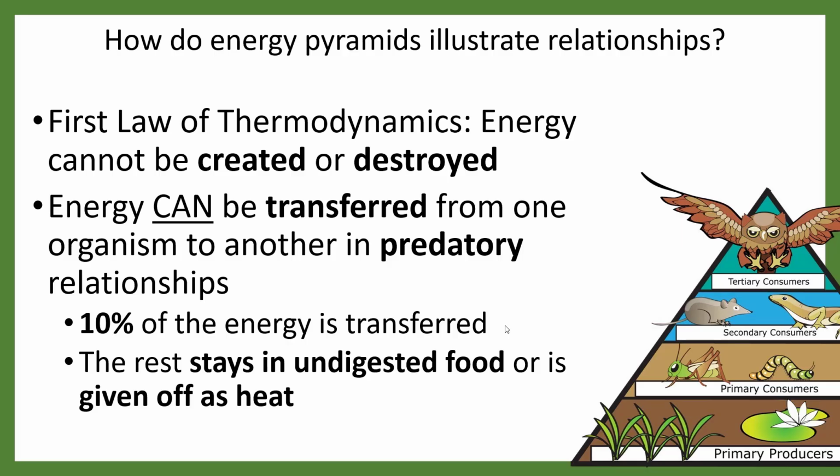Whereas if you were eating a cow, you would want a kilogram of cow meat, basically a 2.2 pound steak, not bad, and that is going to require 10 kilograms of corn or grass. And that's a much more efficient way of using your ecosystem. So we tend to live lower on the food pyramid. If we live lower on the food pyramid, we require less energy from the ecosystem.